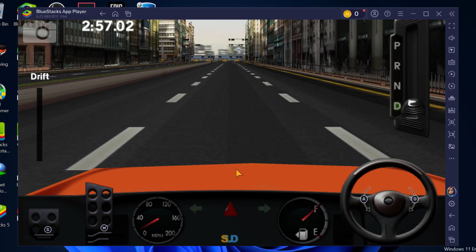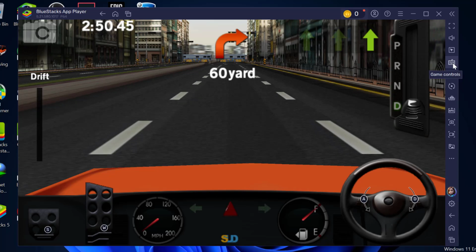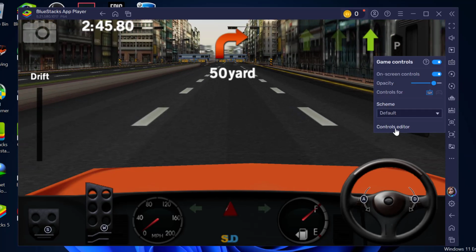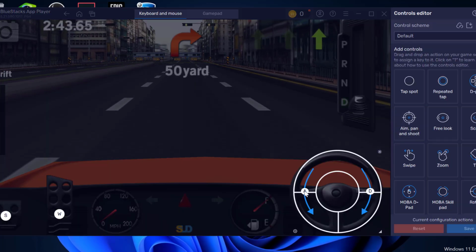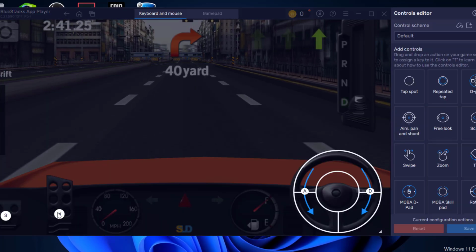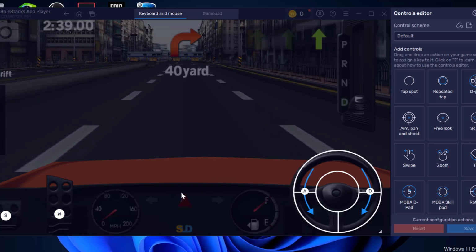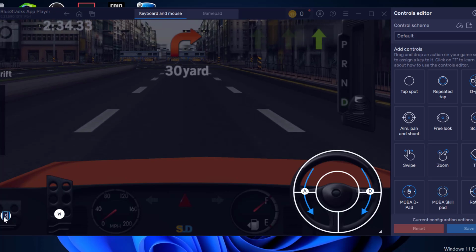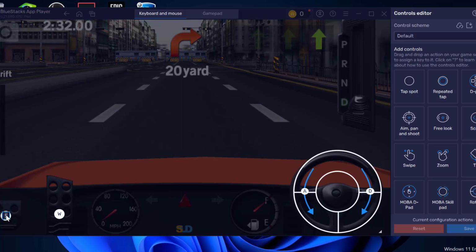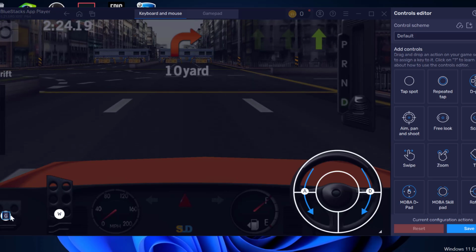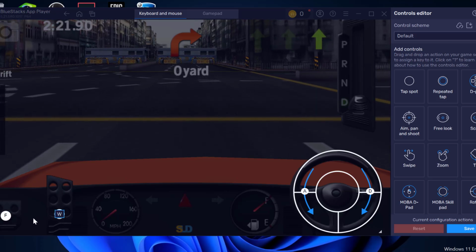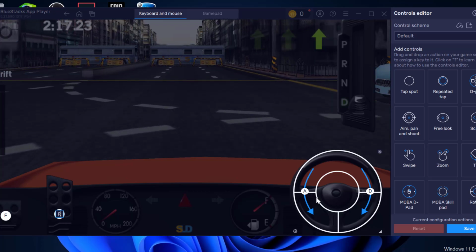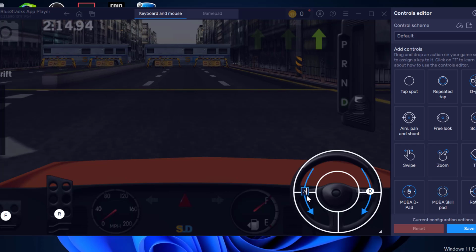After you are in the game, you just need to select game controls. Click on it and select controls editor. And now you are able to see you can edit these settings, like if you want to change this brake to another letter like F, type here F for brake, and change this W to R for driving, and change this controller to